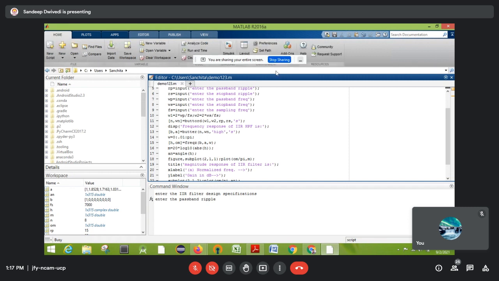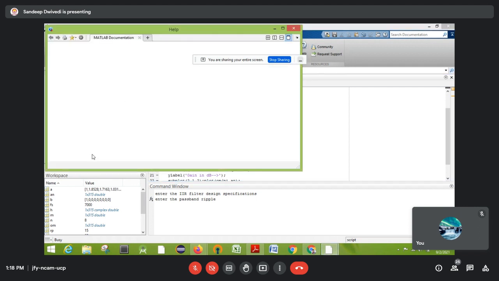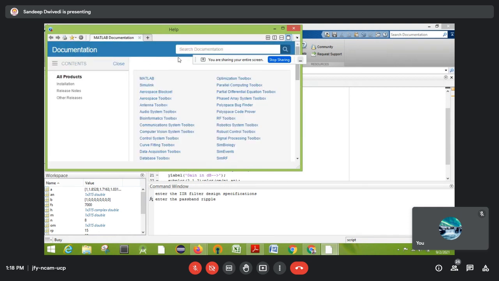In help also you can search. Same thing I'm trying to show you, but it is taking some time. For any command, if you have any doubt, you can go to this help, this one. There are other ways also.